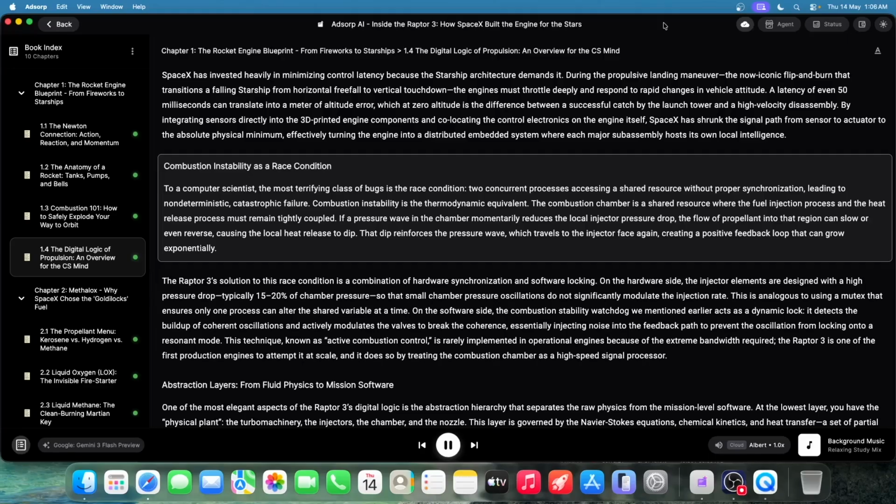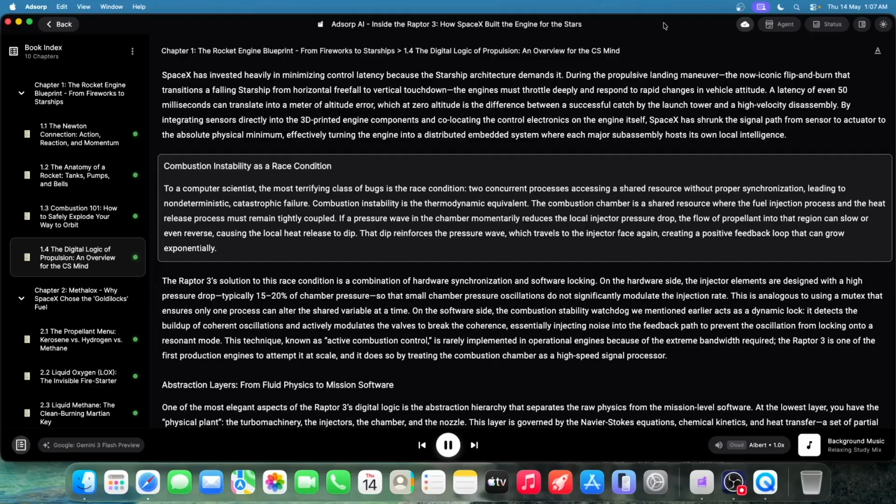The combustion chamber is a shared resource where the fuel injection process and the heat release process must remain tightly coupled. If a pressure wave in the chamber momentarily reduces the local injector pressure drop, the flow of propellant into that region can slow or even reverse, causing the local heat release to dip. That dip reinforces the pressure wave, which travels to the injector face again, creating a positive feedback loop that can